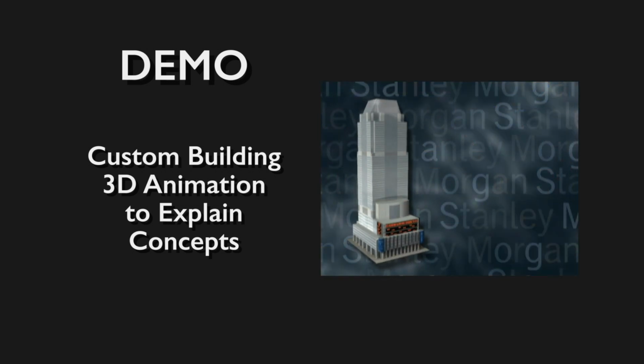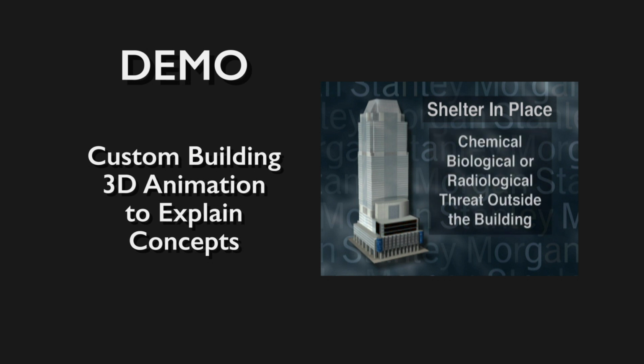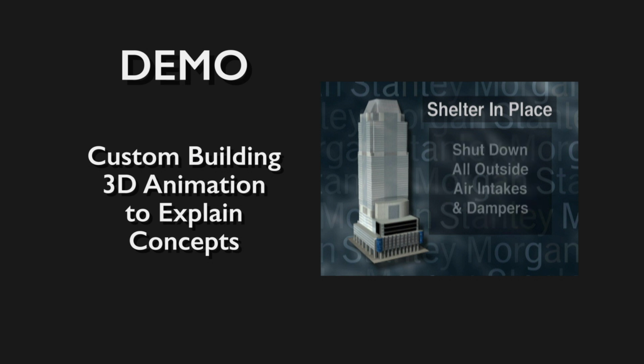There are two types of circumstances that may trigger a shelter-in-place reaction. The first of these events is a chemical, biological, or radiological threat that is outside of the building. Our property management personnel are trained to immediately shut down all outside air intakes and dampers and then await instructions